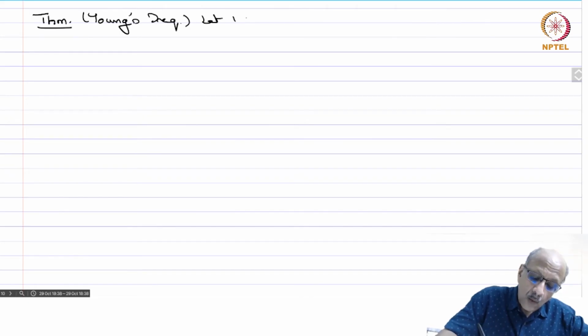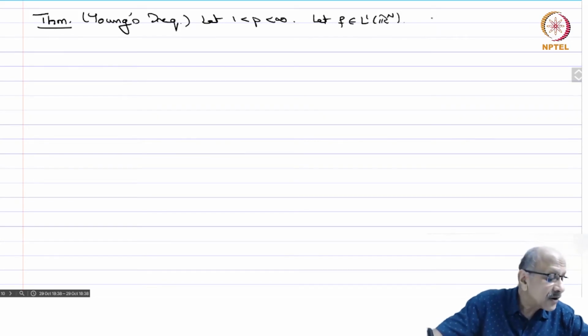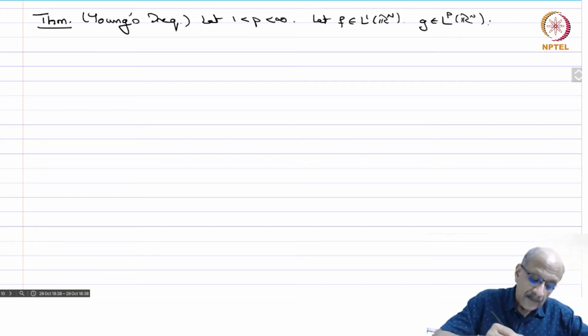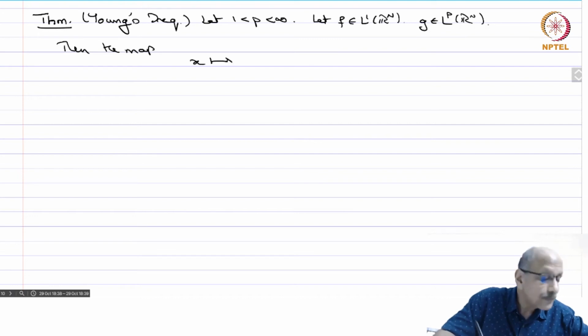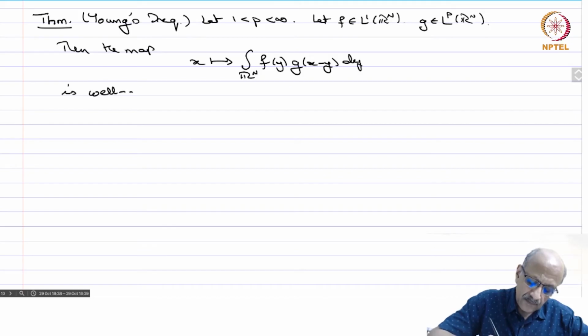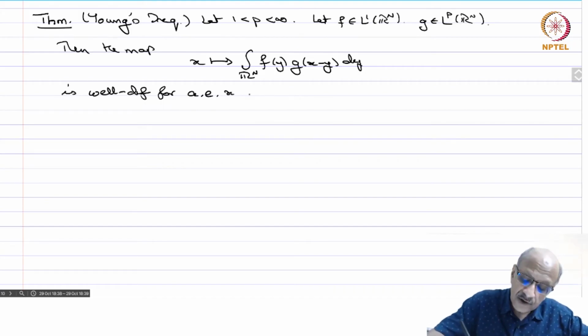So let 1 less than p less than infinity, let f belong to L1 of Rn. So we are now in the entire space L1 of Rn, and g belong to Lp of Rn. Then the map x going to integral over Rn f of y g of x minus y dy is well defined for almost every x. Okay, the function thus defined